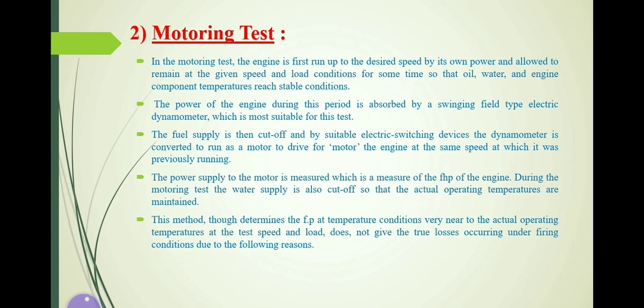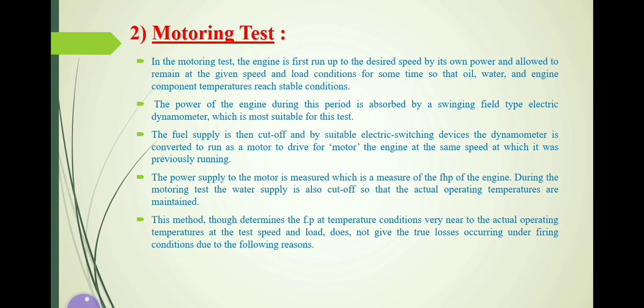Now, what do we have to do in the next step? We have to cut off the power generation inside the engine. If it is an SI engine, we have to make the spark plug inactive. If it is a CI engine, we have to make the injector inactive, so that no power is generated inside the engine. If the same condition continued, after some time our engine would stop. But we don't have to stop the engine. We have to keep the engine running at a constant speed.